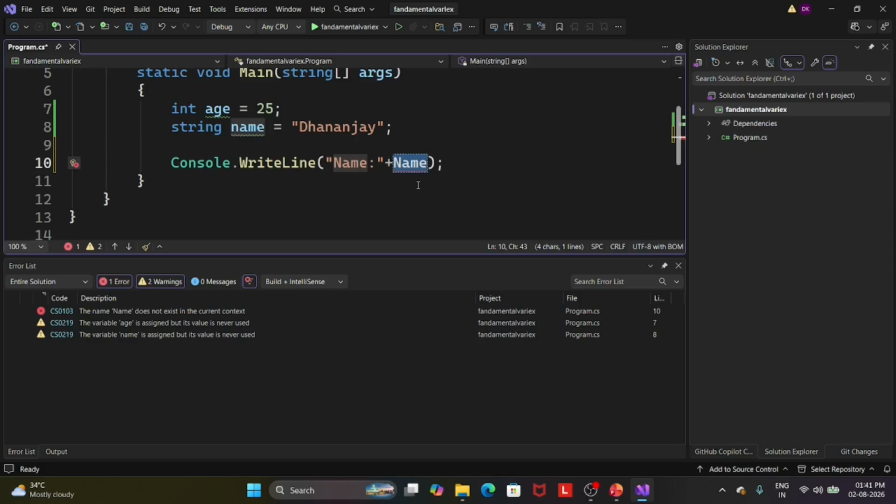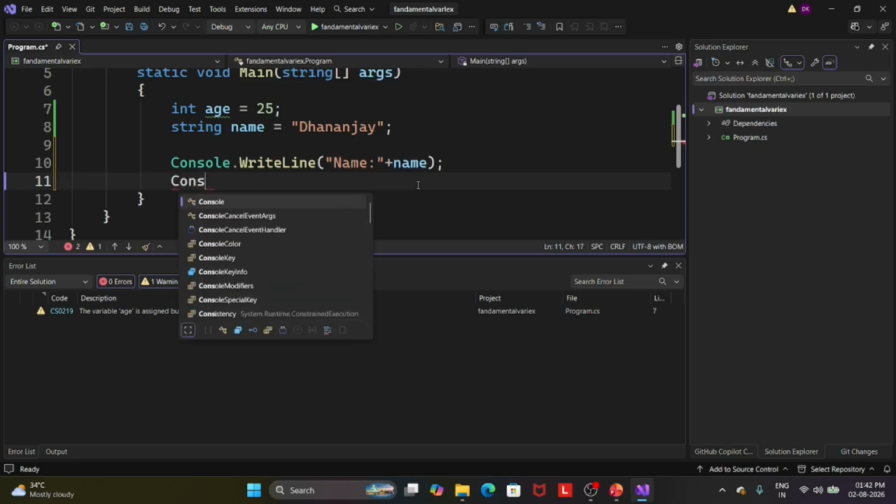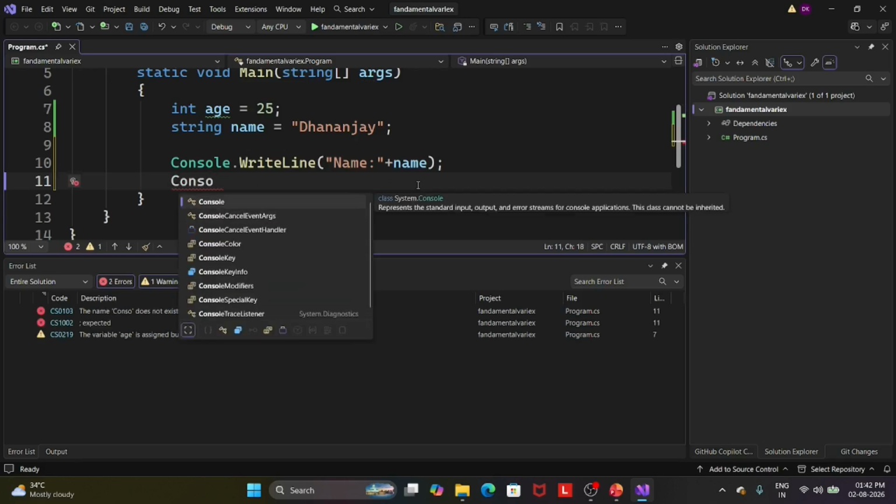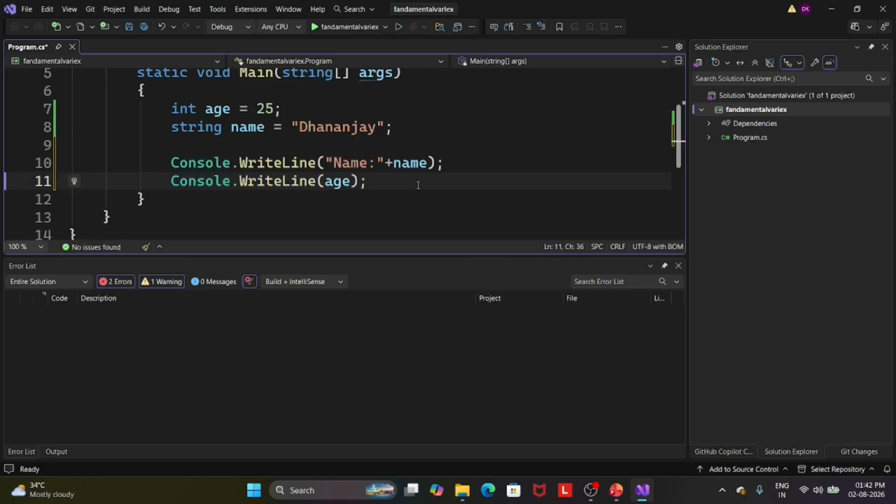So even if we declared a variable name with a small letter name, you must use the small letter name, because a small letter variable name and a capital letter variable name are different. So we take the name and then Console.WriteLine, here we take the small s, and we are done.